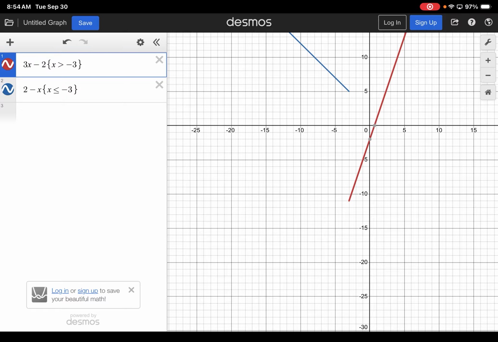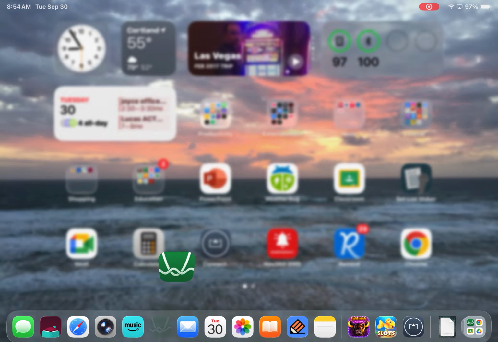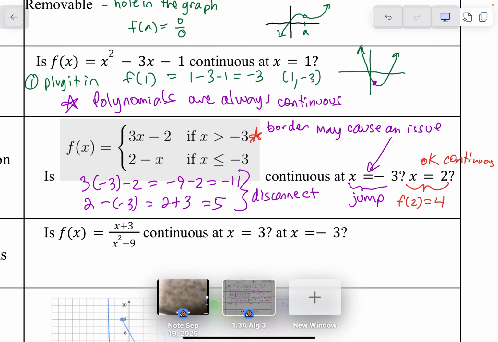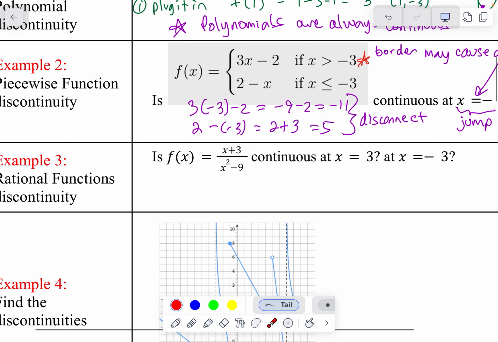But over here, I never have to lift up my pencil. On the red piece, on the blue piece, I never have to lift up my pencil. Okay. So that's what it means to have a jump discontinuity. In a piecewise function, we only really have to look at the border value of negative 3. What's happening? Are those pieces disconnected or connected? Okay. And then we have a possibility of having what is called a